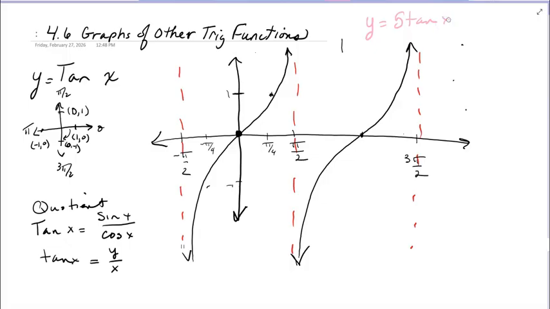Changing the amplitude does not change the intercepts or the asymptotes. It just changes the stretch. So that would be really stretched out and you would barely see the curve. That's how that would work. If we're at 1/5 instead of 5x, it would just be super stretched out. So you can see what the amplitude does. It just changes the stretch of the graph, but